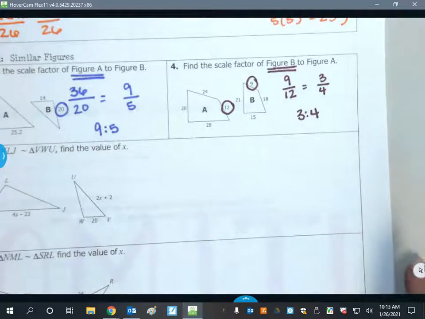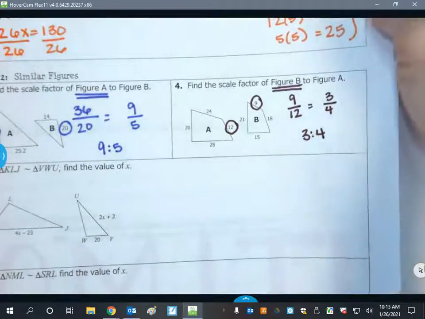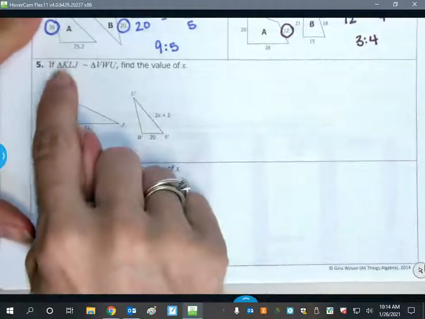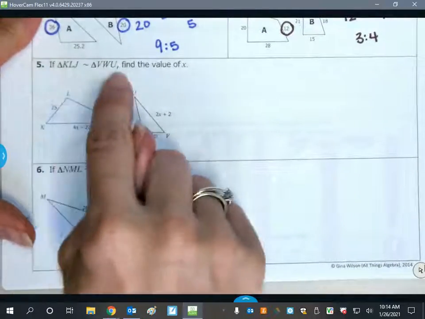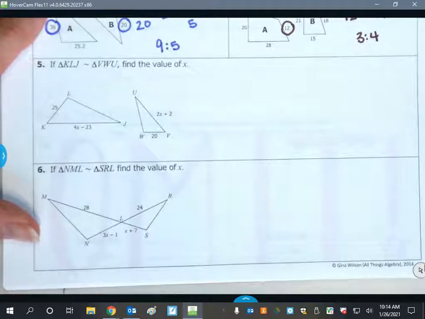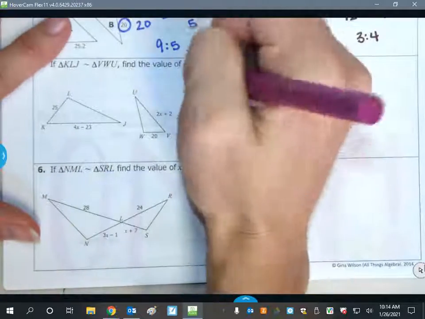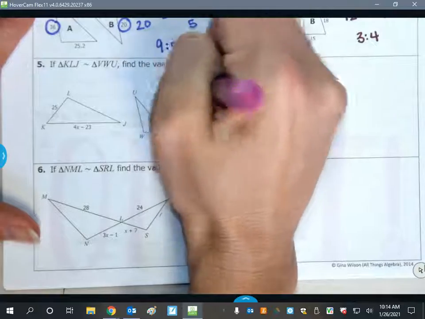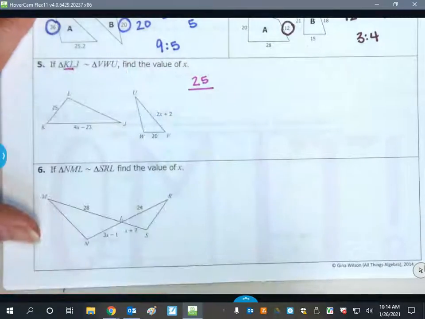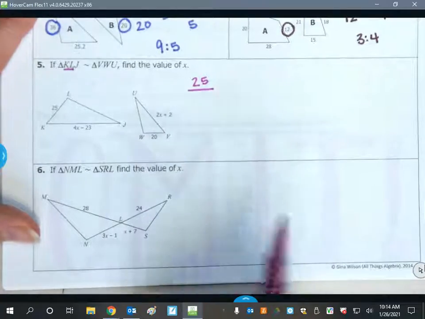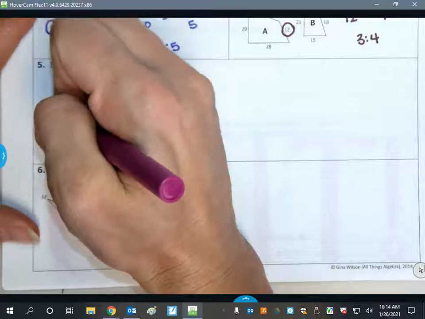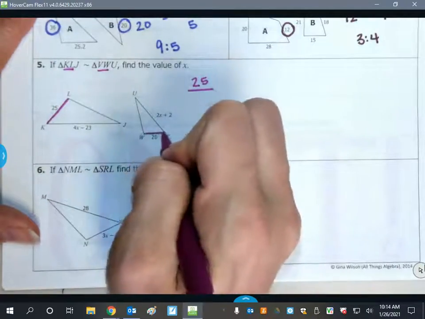All right, in number 5, we're going to start setting up those ratios that we know. So remember, you have to look at the names of the triangles to figure out which sides match to each other. So I'm going to take a look at this triangle, and I'm going to do 25 over, now 25 is KL, and KL is the first 2 letters in the name. So KL corresponds to VW. So 25 over VW, which is 20,